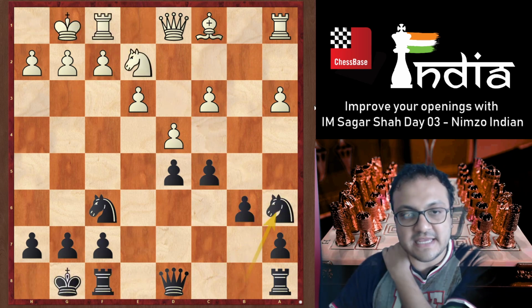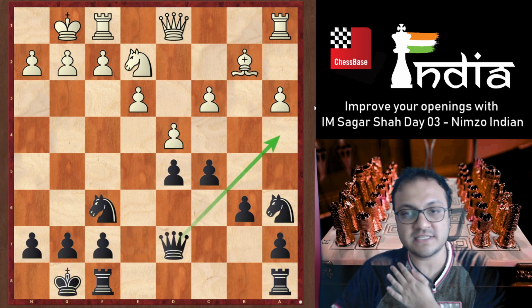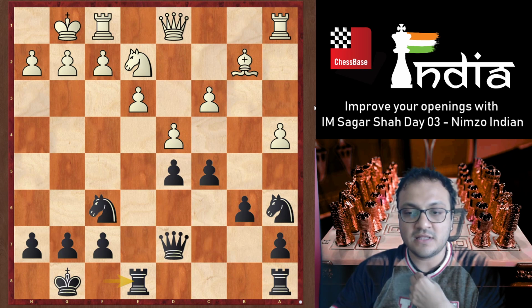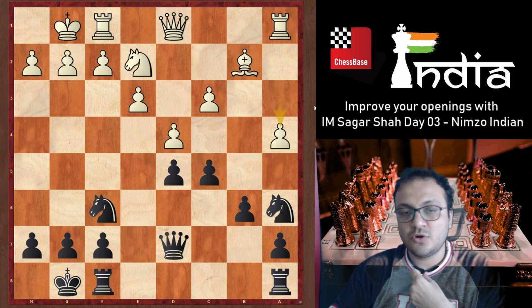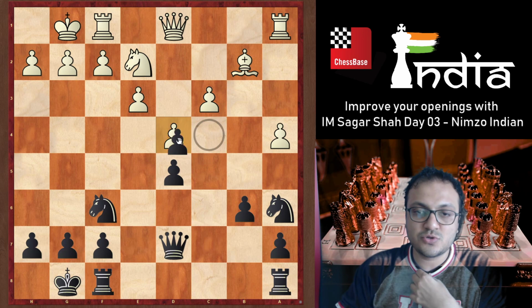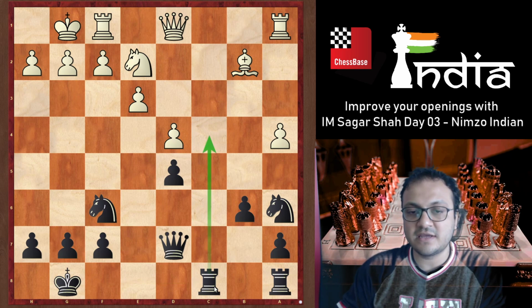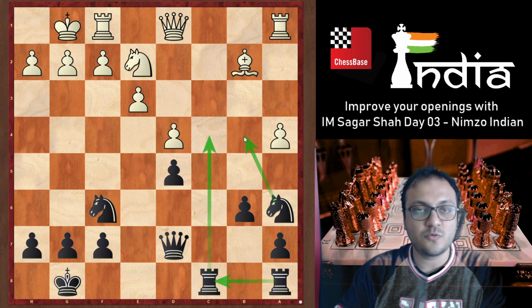So bishop a6 takes bishop b2, queen d7, a4, rook e8, which is always a good move that you can play. But better could also have been to take and play rook fc8, with the idea of rook c4 and rook c8, creating a lot of play on the queen side.